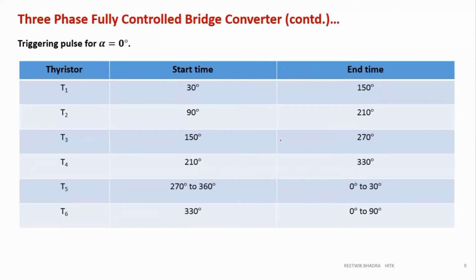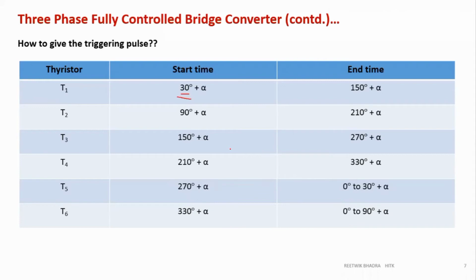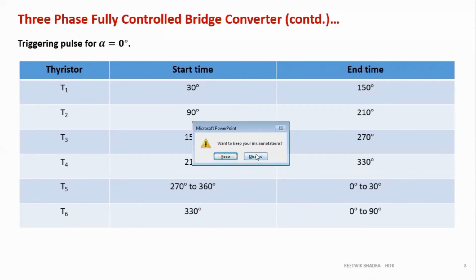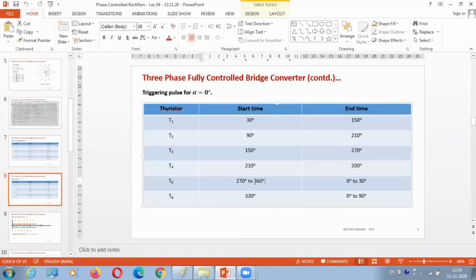Okay, so now for the triggering pulse, alpha is equal to 0 degrees. So T1 starts. You substitute the values of alpha over here, from this figure only I have got. So no need to take care of this figure, because I know if alpha is 0, then all these figures which I have written over here can be written directly over there also. So 30, 90, 150, 210, now the function comes over here.